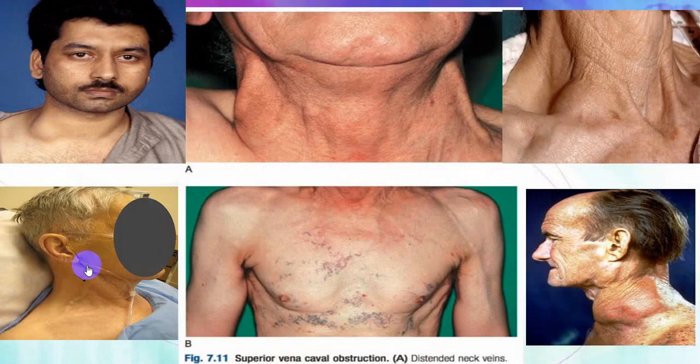You can see the lymph nodes. This is external jugular vein. You can see these dilated veins over the chest in a superior vena cava obstruction. This is a big tumor which is likely to be a malignant tumor. Again, you can see this is a big mass, maybe a lymph node or secondary metastasis. So likely to be malignancy. You can see the external jugular vein markedly prominent, more in favor of increased central venous pressure.